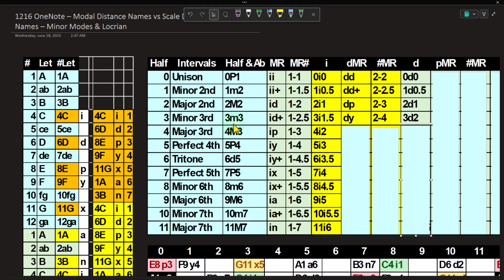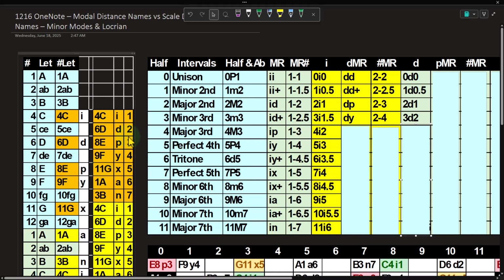I know that it's not in the major because it's a 3 note away, that's the thing that should tell me that it's not in the major. What happened is they said the major was a 4 note away major third, and therefore they just said 1 step under that, we're going to call that a minor third instead of a major 2.5, right? Which was what you would think it would be called, something like that. But so we're going to say it's a Dorian up by 3, so 1, 2, 3 gets you to the